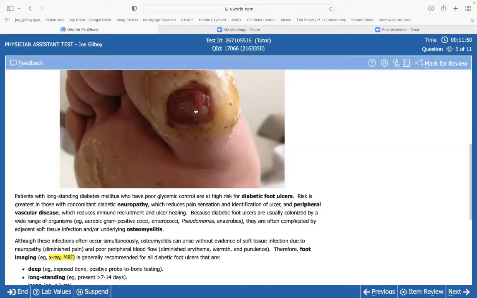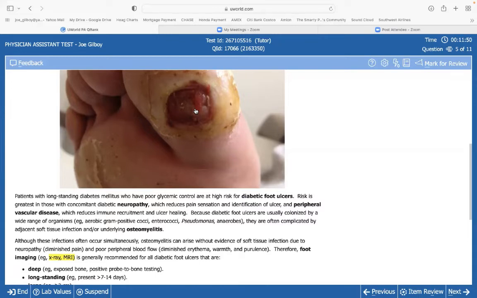So what part of the foot gets infected first? I mean, what part of the bone gets infected first? And you're like, well, that's periosteum. No, exactly. And periosteum is that bone or soft tissue? And you're like, wait a second. Periosteum is the skin of the bone, so it's actually soft tissue. Exactly. So which one